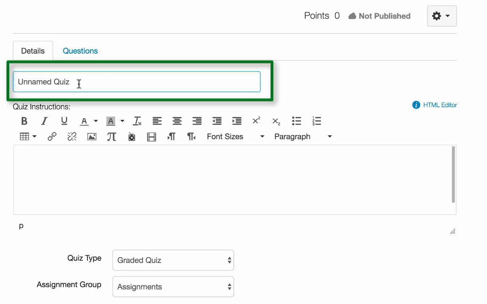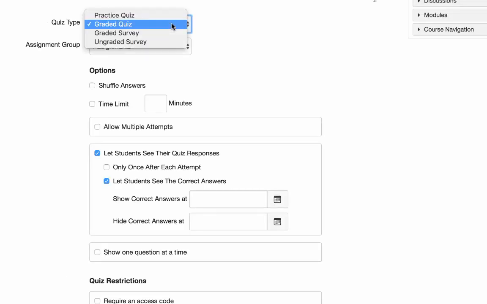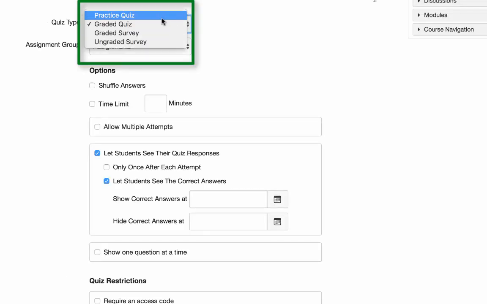This is where you'll give your quiz a name. You'll enter general information about the quiz. Choose your quiz type. A practice quiz will not be entered in the gradebook. The students will be able to see what their score is, but it won't actually record a grade for them. Whereas a graded quiz will let the students know which questions they get correct and incorrect, and will enter that